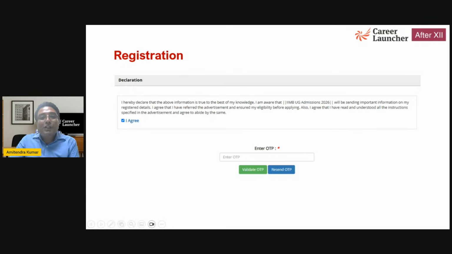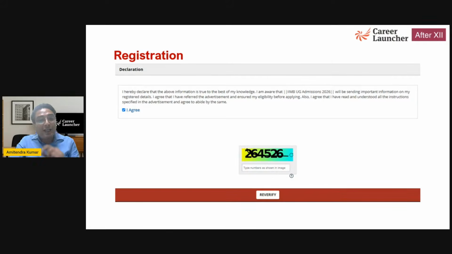Now you will input the OTP which you have received on your registered email ID or on your mobile number. It will be the same OTP. You can simply take it from the message box in your mobile, input the OTP over here and then click on validate OTP. Just in case you have not received it, press resend OTP. You'll receive it quickly. Otherwise, go ahead and validate OTP. Again, a CAPTCHA will appear on the screen. You fill the CAPTCHA and click on the re-verify button. The moment you click on re-verify, the page will